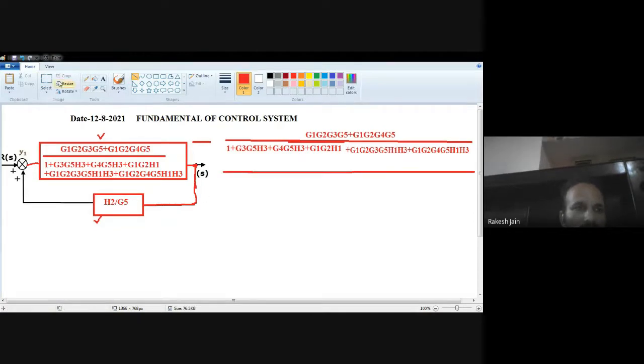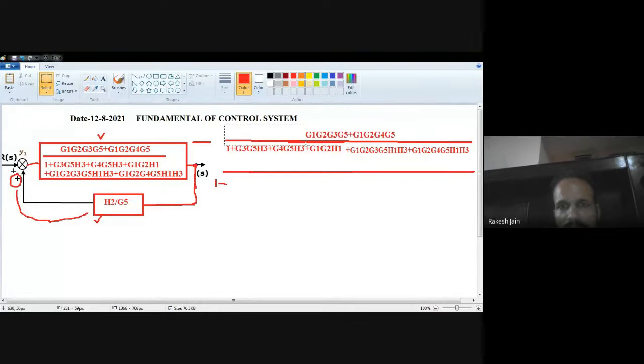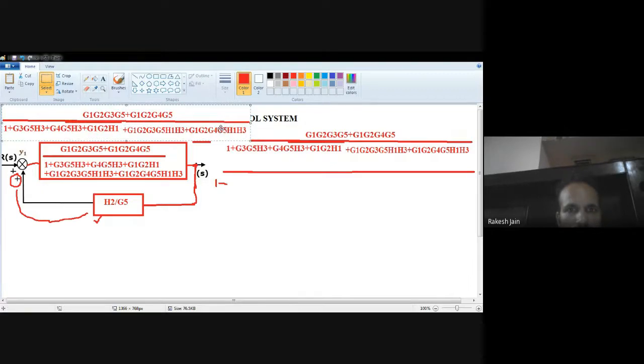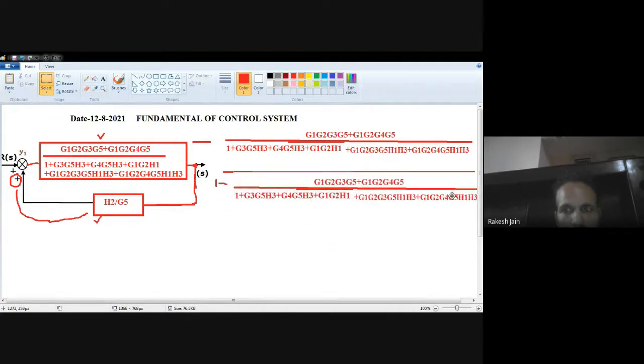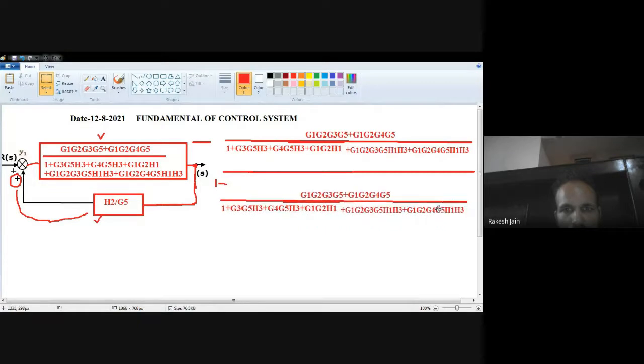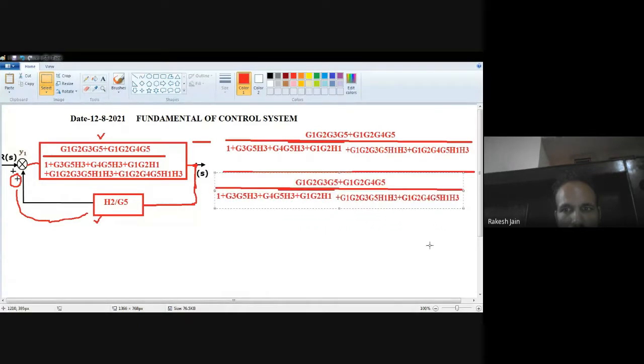1 plus or minus, because the feedback gain comes with the plus sign. That's why I have to write down the negative sign. So 1 minus forward into feedback. What is forward? Forward is as it is this one. Into feedback. So 1 divided by 1 minus, okay, from here it starts: forward divided by 1 minus forward into feedback.